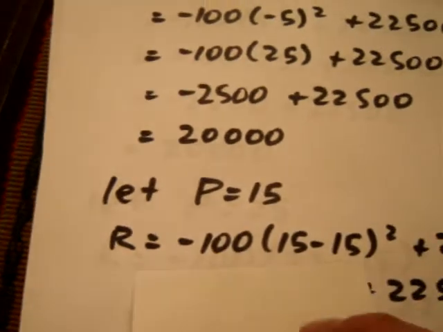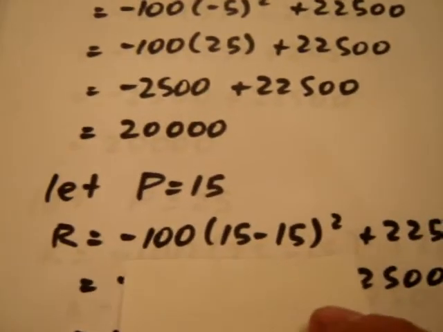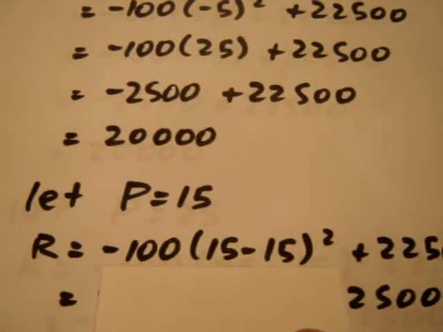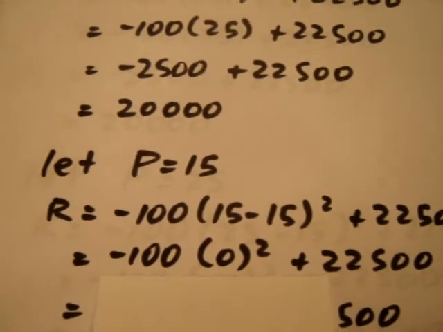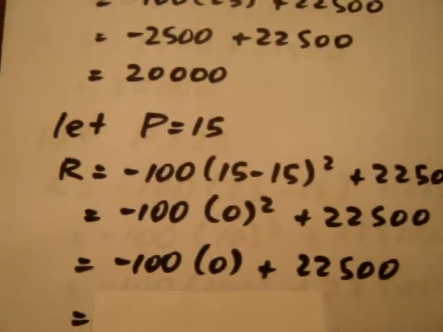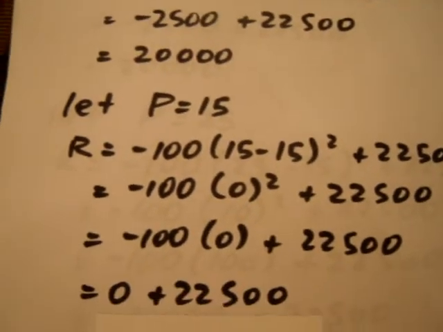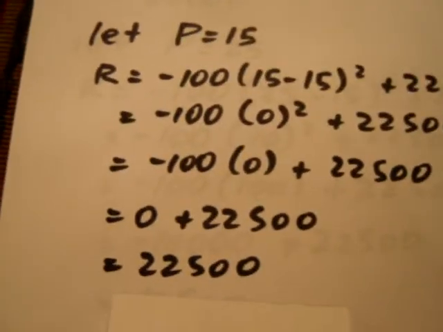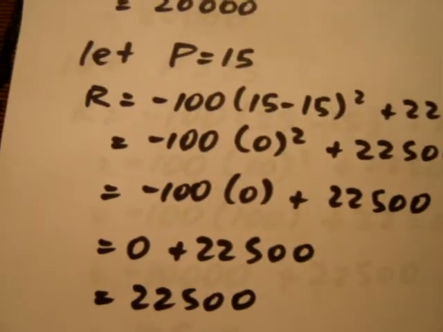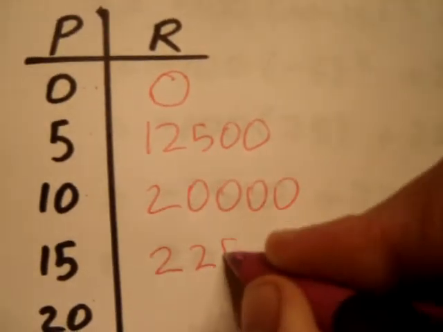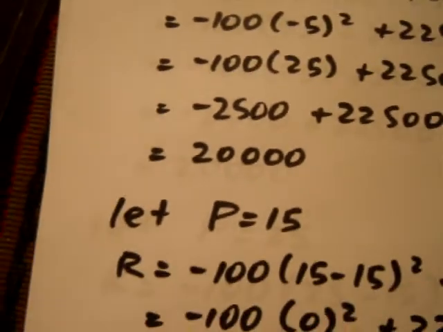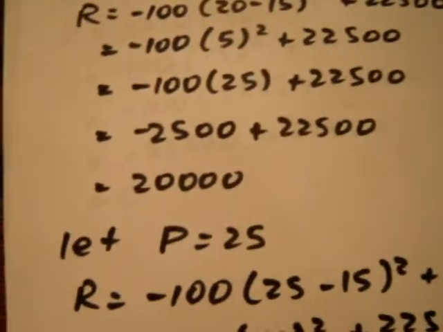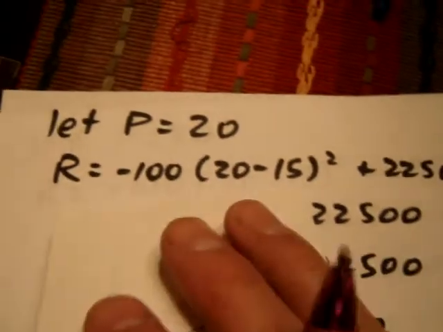Moving on. We let P be 15. Now, are we starting to get too greedy? Well, let's find out. We plug in 15 for P, and we get that our bracket equals 0. We apply our exponent, 0 times 0 is 0. We multiply, and we end up with a revenue of $22,500. So we can increase the price all the way up to $15, and we'll see that our revenue will still continue to increase. Well, at a certain point, they're going to have to start losing money by getting too greedy.